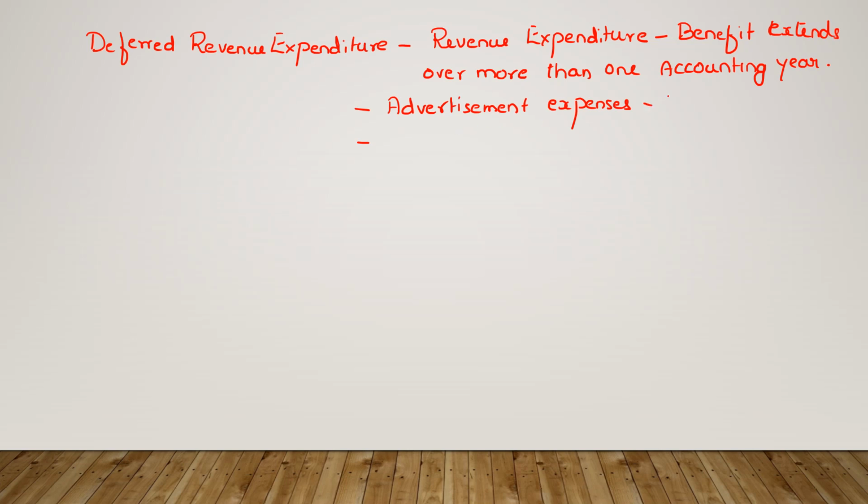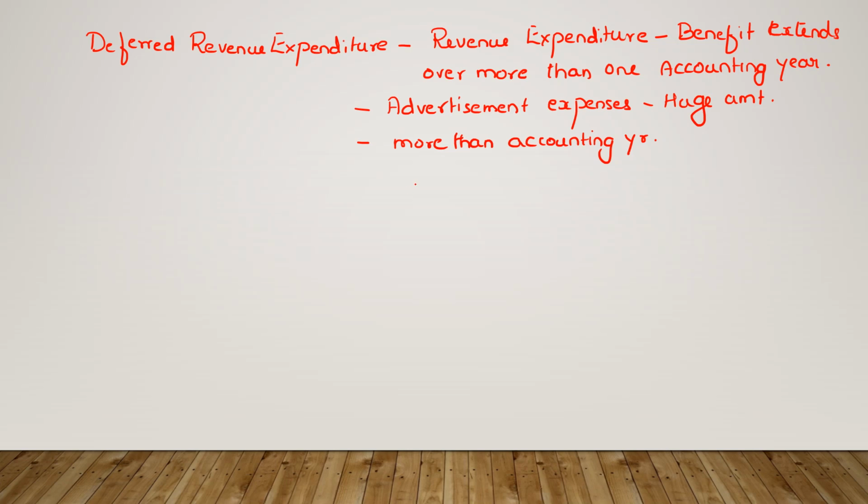But this advertisement expenditure, being a huge amount being spent, the benefit of this in the form of sales is going to accrue over more than one single accounting year. You can expect the sales to be there for the next probably 3 years. So it would assure that because of this advertisement, people are going to get used to this particular product. They're going to come back and keep purchasing the product once they start using it for at least the next 3